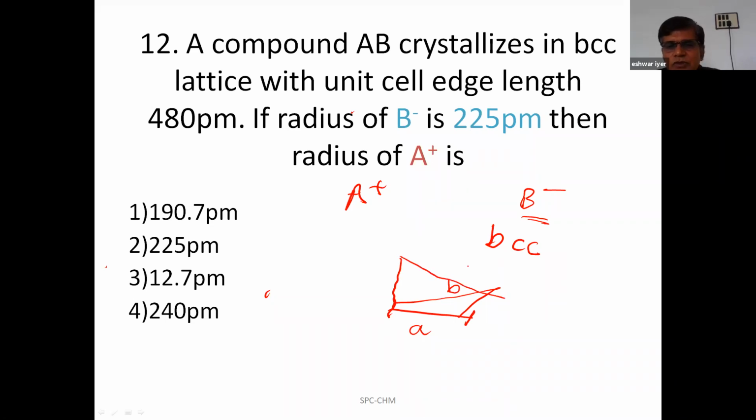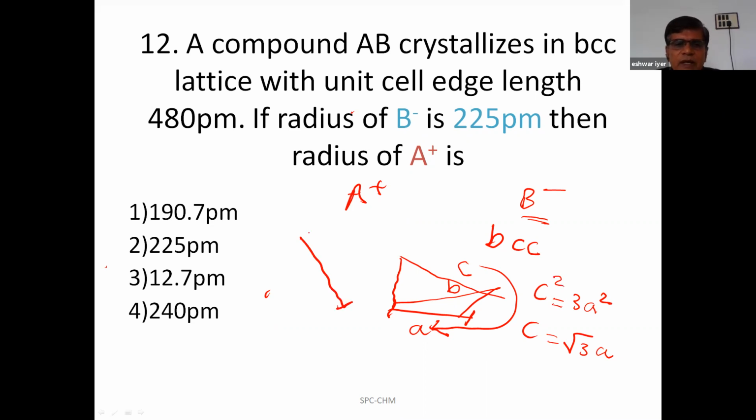This is C. You need to relate C with A. So you get the answer like C square is 3A square. Then C is root 3 A. Then see how the constituents are arranged on the body diagonal. If this is the body diagonal, diagonal from one corner of the cube to the other corner. So how this anion B is here,